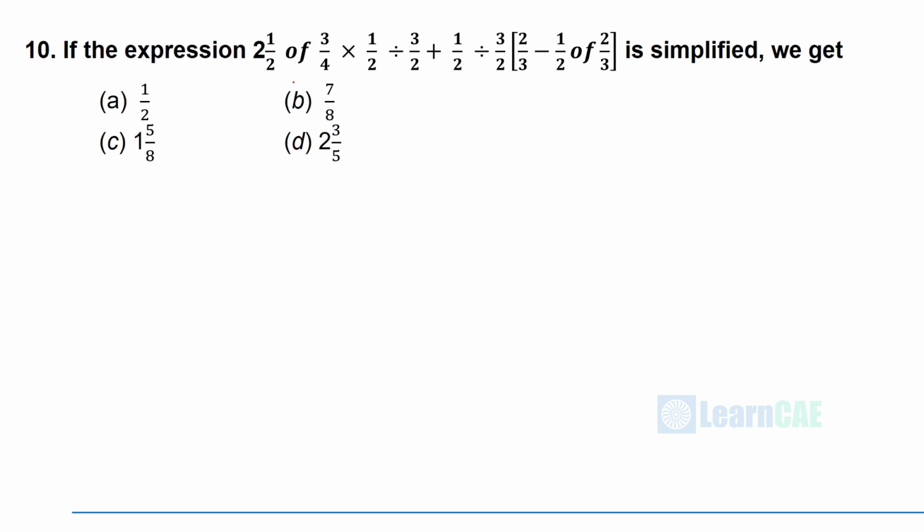Next question. If the expression given is simplified, we get which answer? Here you have to solve this big expression using BODMAS rule. That is, we have to solve bracket first, followed by of, division, multiplication, addition and subtraction. We shall solve this expression. 2 and half of 3 by 4 into 1 by 2 divided by 3 by 2 plus 1 by 2 divided by 3 by 2 bracket 2 by 3 minus 1 by 2 of 2 by 3